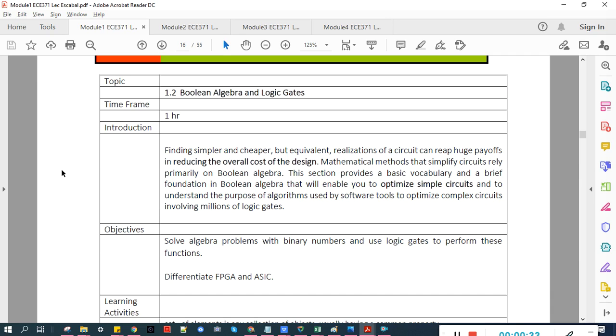This section provides a basic vocabulary and a brief foundation in Boolean algebra that will enable you to optimize simple circuits and to understand the purpose of algorithms used by software tools to optimize complex circuits involving millions of logic gates. So that's the purpose behind why we try to